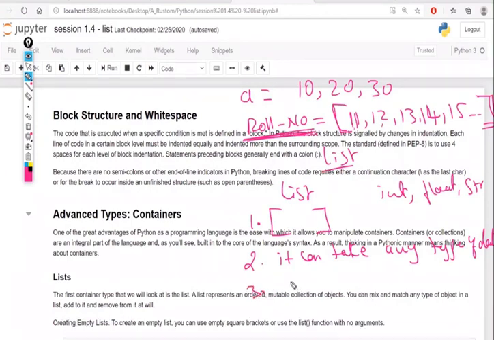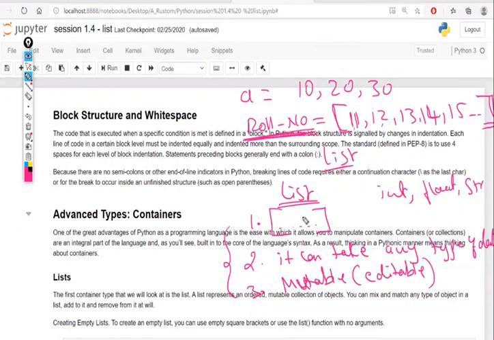I can update and insert any data inside this list. In technical terms, we call it mutable. So a list is mutable, which is simply nothing but editable. So these are the three properties of a list.